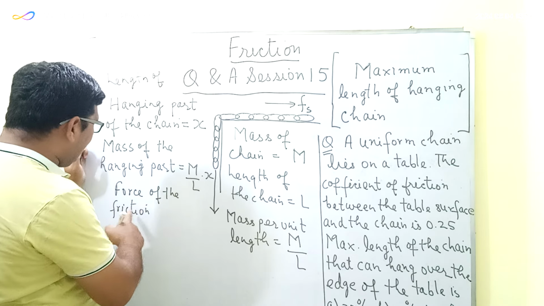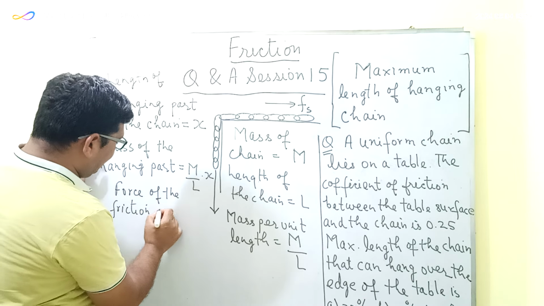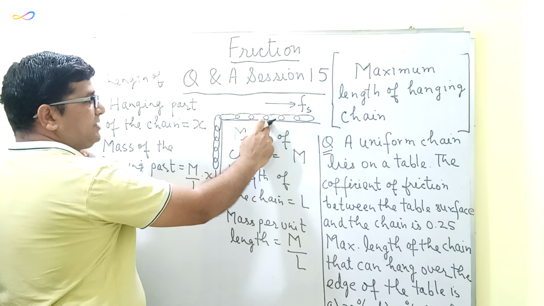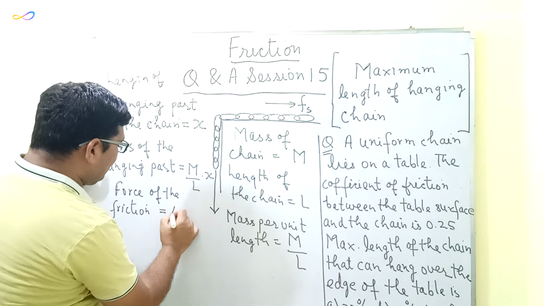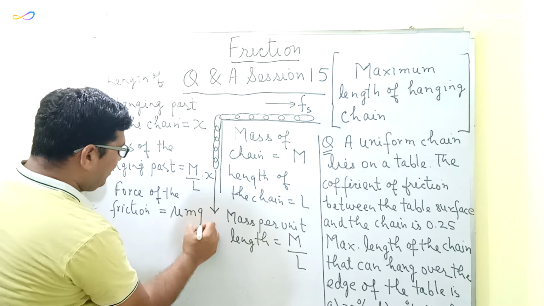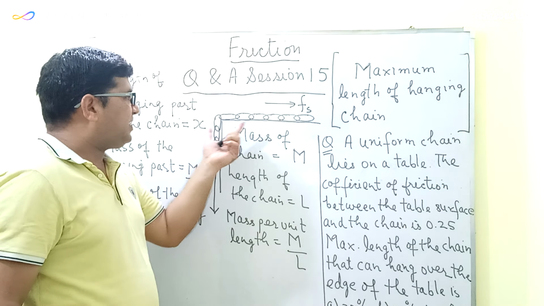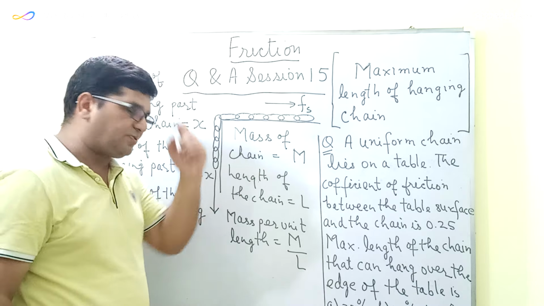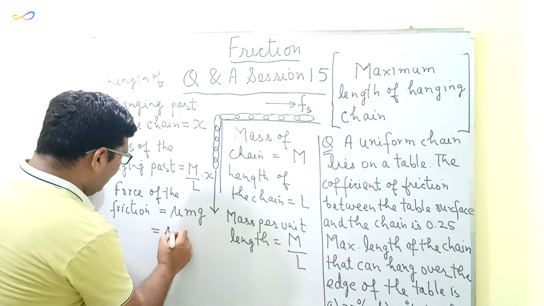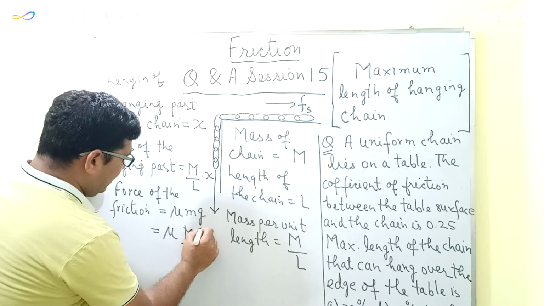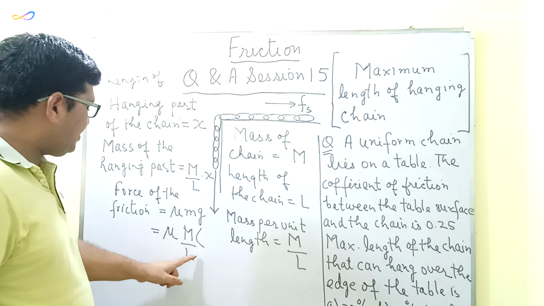So the maximum value of the force of friction which can be generated between this table surface and the chain will be equal to mu mg. Here m is the mass of the chain which is lying on the surface of the table. So this will be equal to mu into M by L, which is the mass per unit length, into